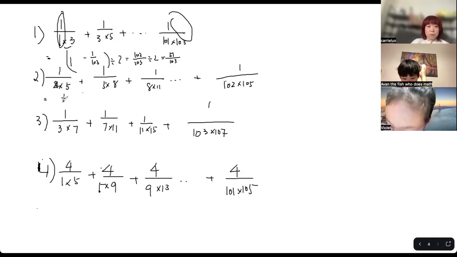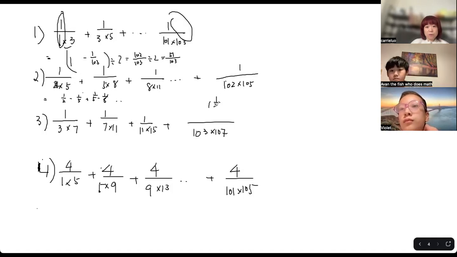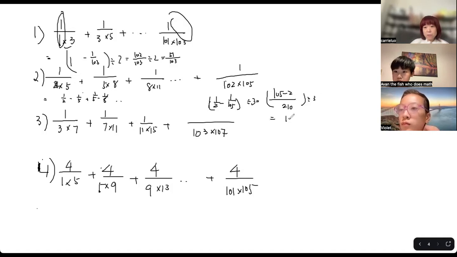Okay, next one, 1 over 2 minus 1 over 5 plus 1 over 5 minus 1 over 8. So we don't have to do all of this, right? We know that it's actually 1 over 2 minus 1 over 5, times what? Divided by 3. Okay, this part we need to calculate, because it's 210. So 1 over 5 minus 2, and divided by 3. So equals 103 over 210 divided by 3. Can we simplify? No. So the answer is